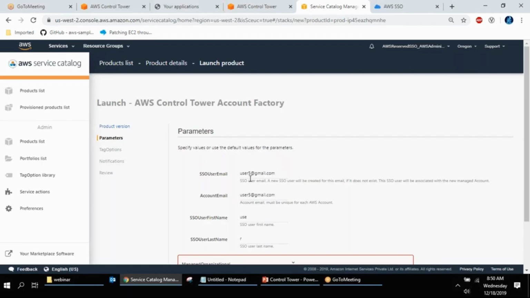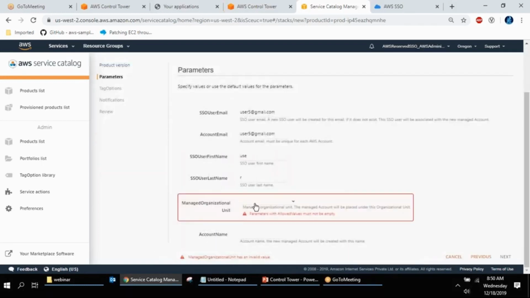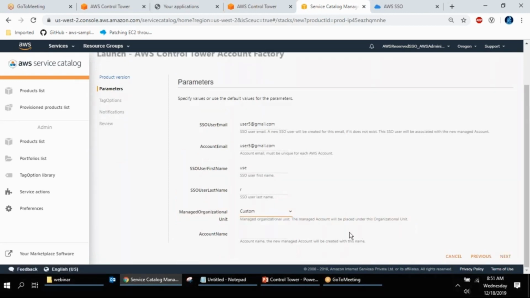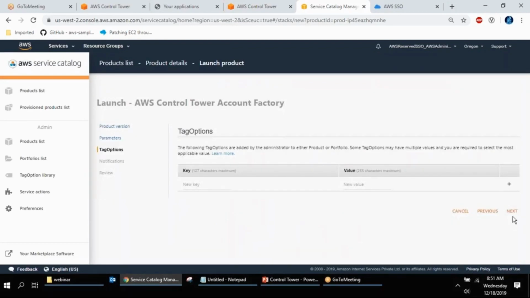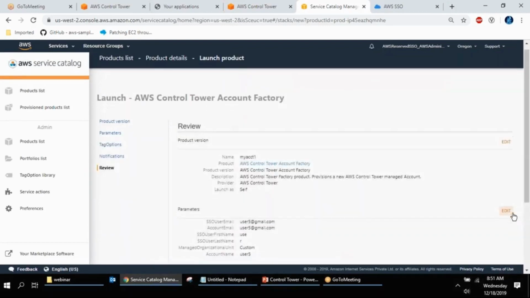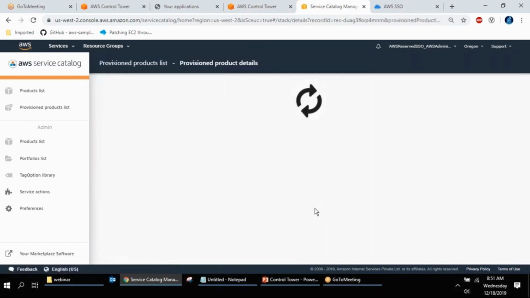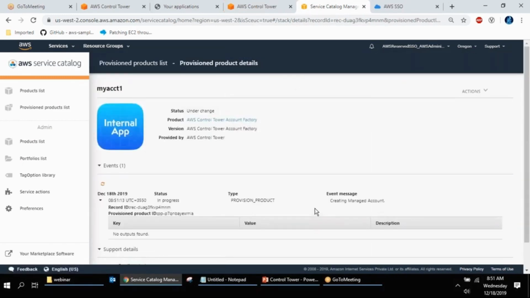Whatever we can give. Of course, you have an OU, and it lists only one custom OU, because by default you can create an account only under a custom OU. Put this user5. That's enough. Next. Next. That's it. Launch. So it will create a new AWS account for you.